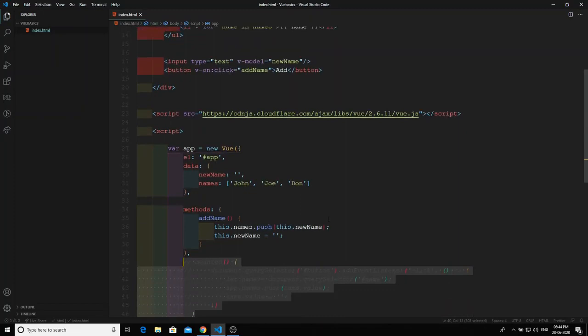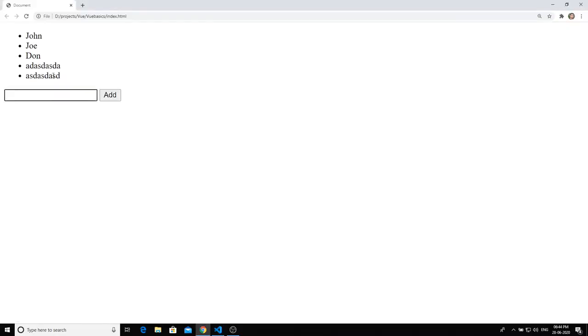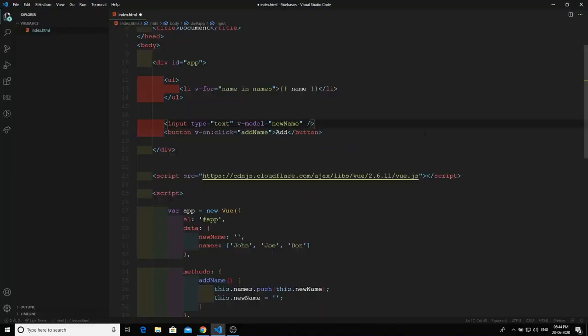This is the simple way to represent event listeners, and you can also have multiple event listeners in the Vue template. For example, say I don't want to add the name on clicking the button; I want to add the name to the names array when the user presses a key.